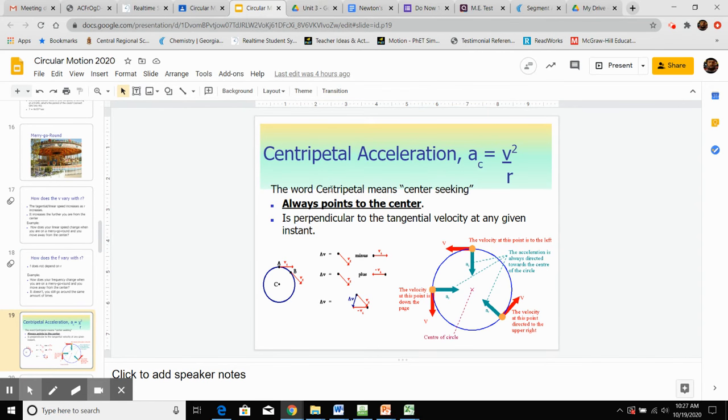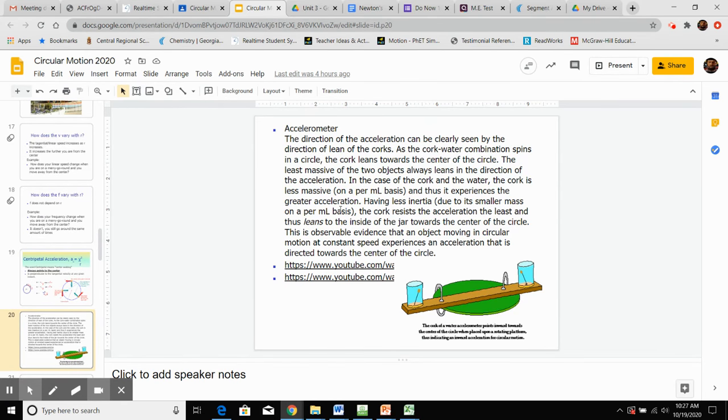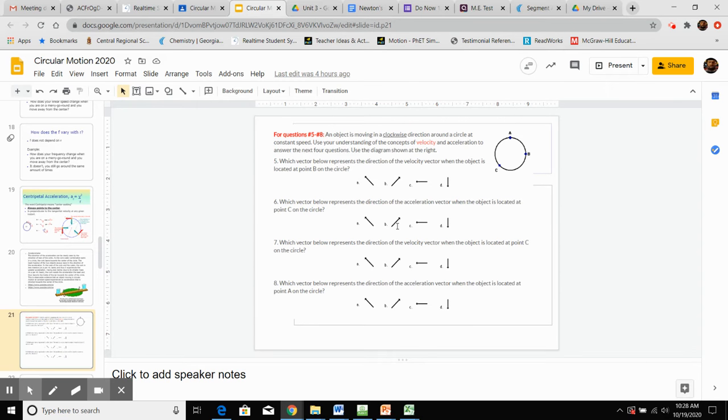Centripetal acceleration. The word centripetal means center seeking. So you're going to see it sometimes as A sub c. It can just sometimes be listed as A. You're going to take the velocity of the object squared divided by its radius. Now the velocity, since it's constantly changing while it's in a circular path, means that the object has to be undergoing an acceleration. The acceleration for this object is always going to be pointed towards the center. There's a couple of little videos on here that you can go through and look at at your own pace or your own time.